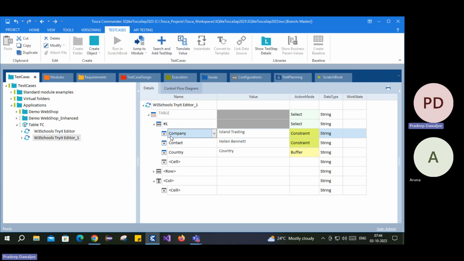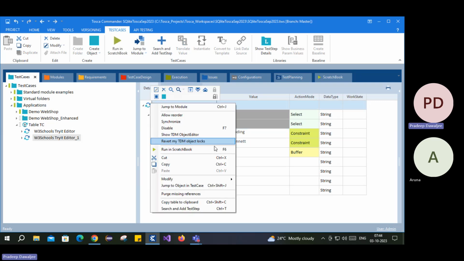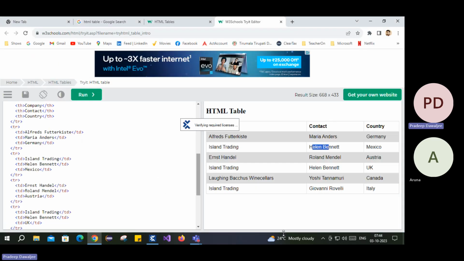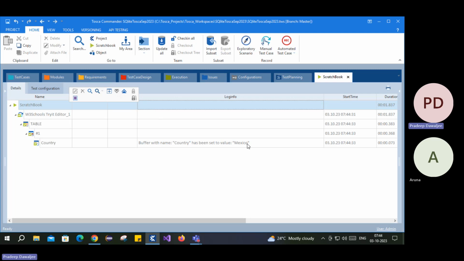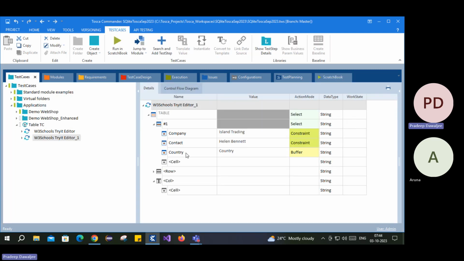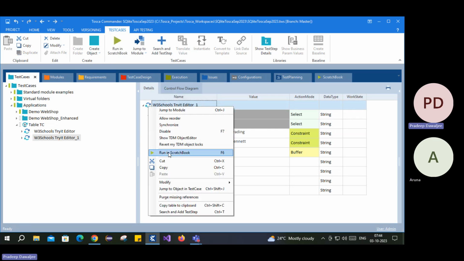occurrence of whatever we are trying to give. What are we trying to give? We are trying to give company with Island Trading and contact with Helen Bennett. We want the country. So the first occurrence of company and contact with this name is what we are looking for. Now if we execute it, it would give us that Mexico. You see Mexico. Now you say, okay, I don't want the first occurrence, I want the second occurrence. So here you just change it to #2